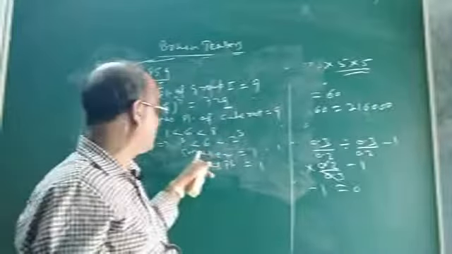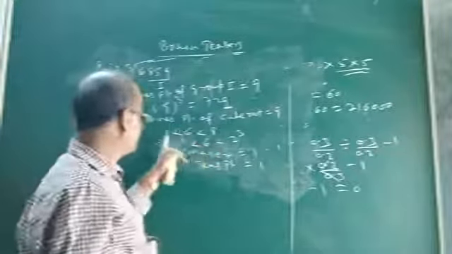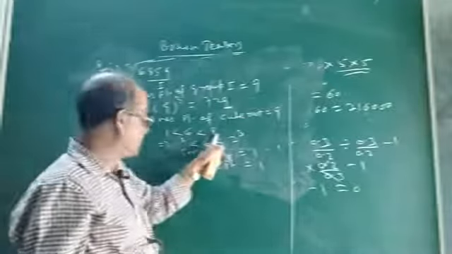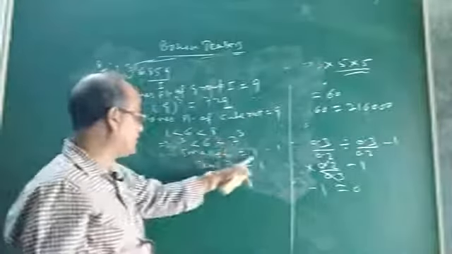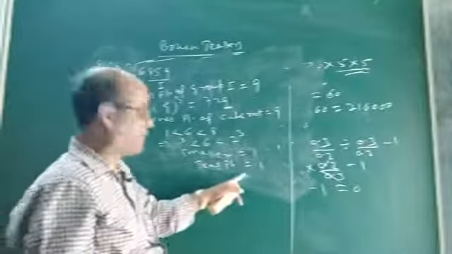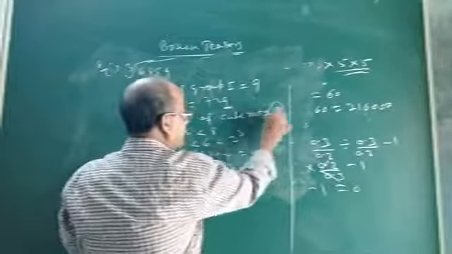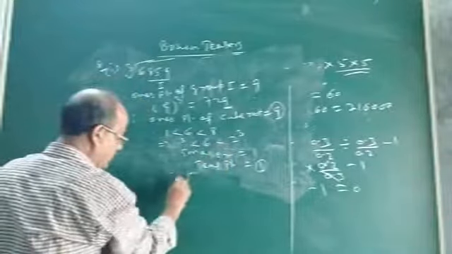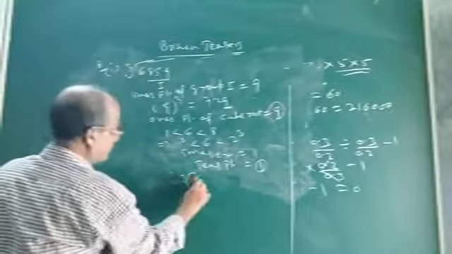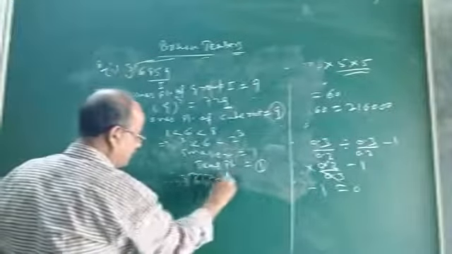The nearest perfect cubes of 6 are 1 and 8. So between 1 and 2, smaller is 1. So the tens place of the cube root will be 1. Now this is the tens place and this is the ones place. So what will be the cube root? Therefore, cube root of 6859 will be 19.